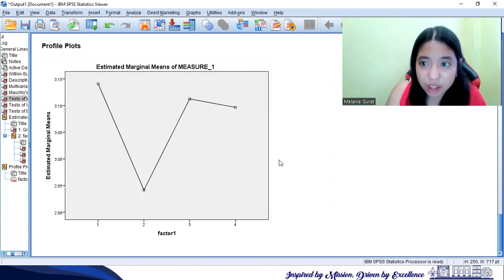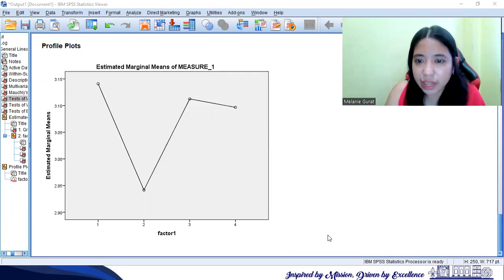However, the result using the inferential statistics, particularly the repeated measures, shows that there is no significant difference. So to report this, we can simply edit the generated table in Microsoft Excel.